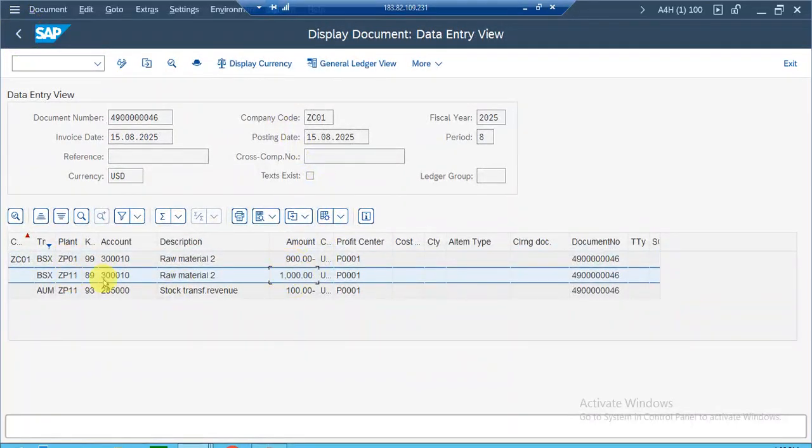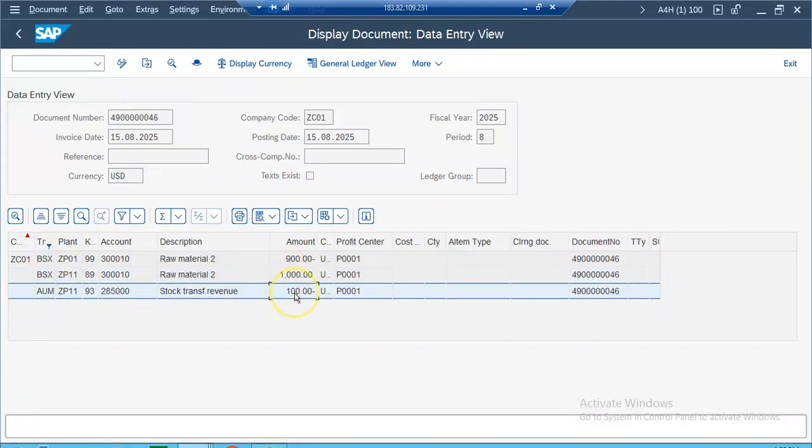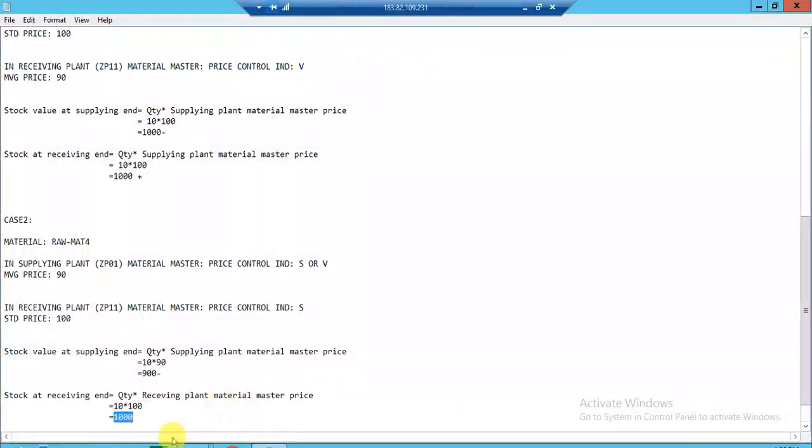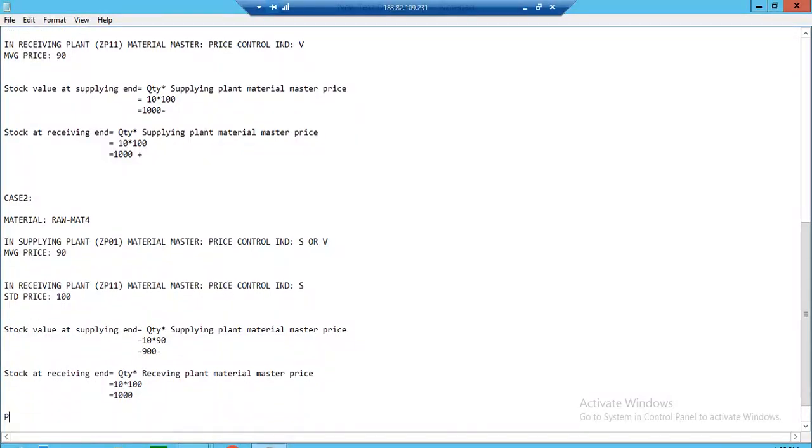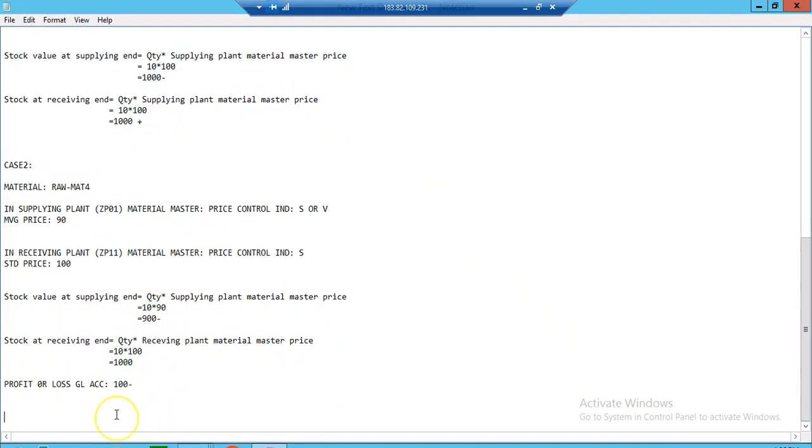This is the receiving plant GL account value, and whatever the difference between the supplying plant and receiving plant stock GL accounts, that difference amount the system will post into the profit or loss GL account with the transaction key AUM. So this is the difference, 1000 minus 900, 100, right? So this much amount the system will post into